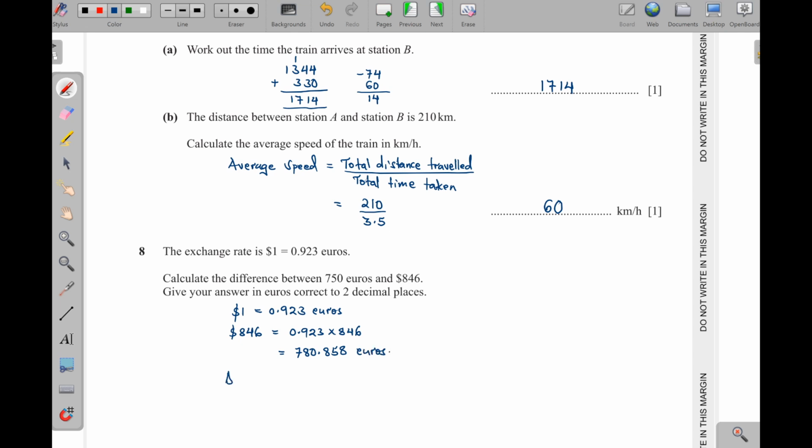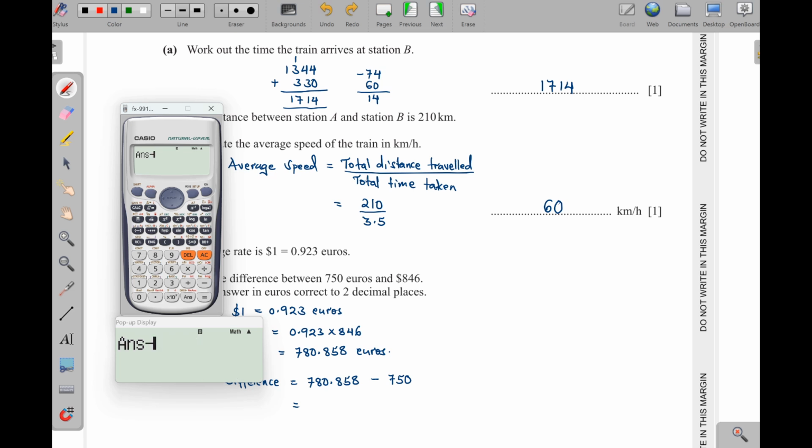Then the difference is going to be, we just get the two and we subtract which one is bigger, is 780, right? It is this one that we have just gotten. So we subtract this 750. So what do we get here? The answer I have here, minus 750. That is